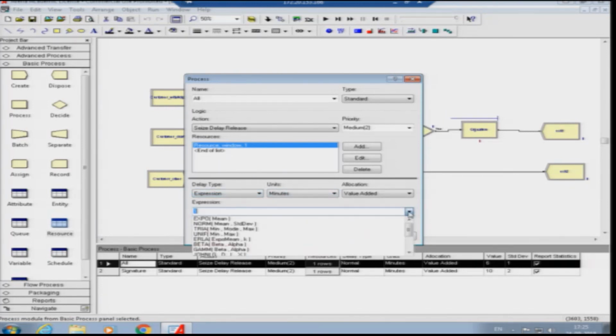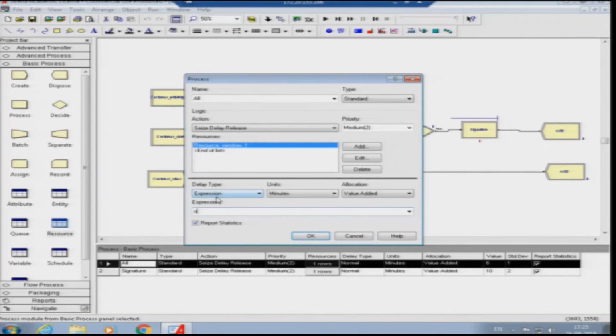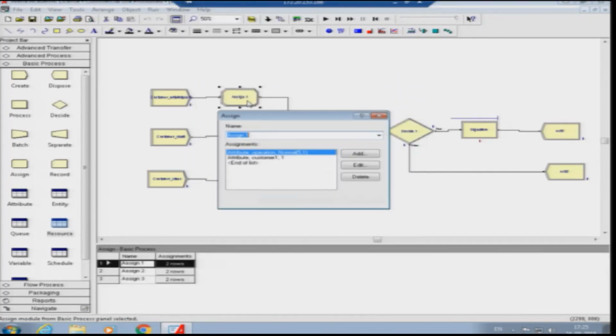Here we will put the name of the attribute that we have given to all these customers. The name of the attribute was operation, so we will put operation in the expression tab. The process will now search for this expression operation and take the value of operation as defined in the assign node.